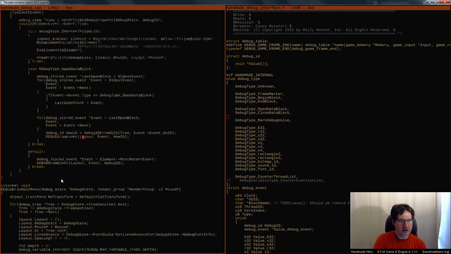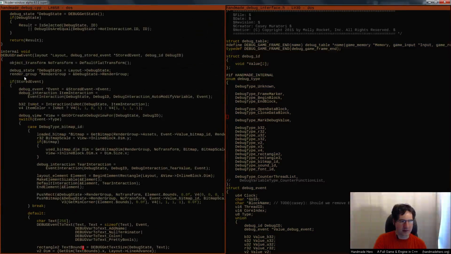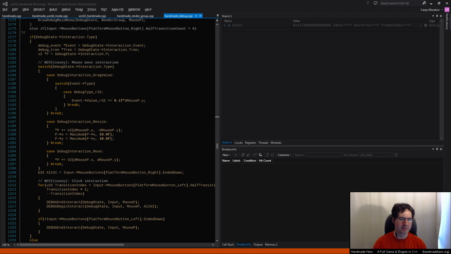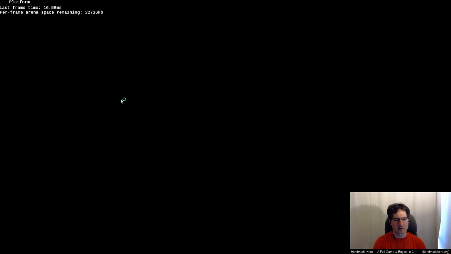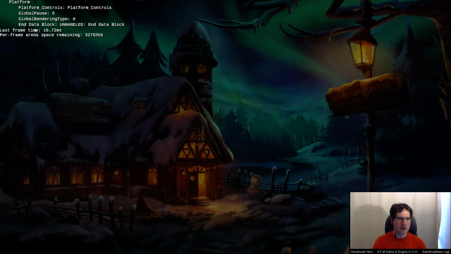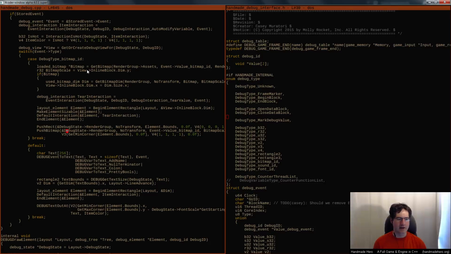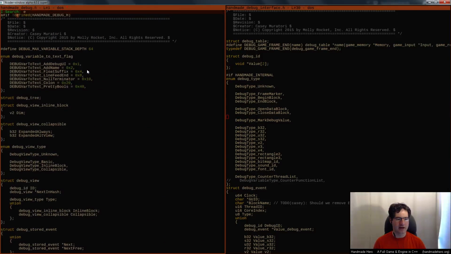So since this is calling debug draw event, by the way, when we look in here and we do this default, if we didn't want the close block, I'm just trying to pick up little things and play around with it so I can see what I actually think. This end data block, I obviously would never want to print that out. So presumably if we didn't want to print that out,